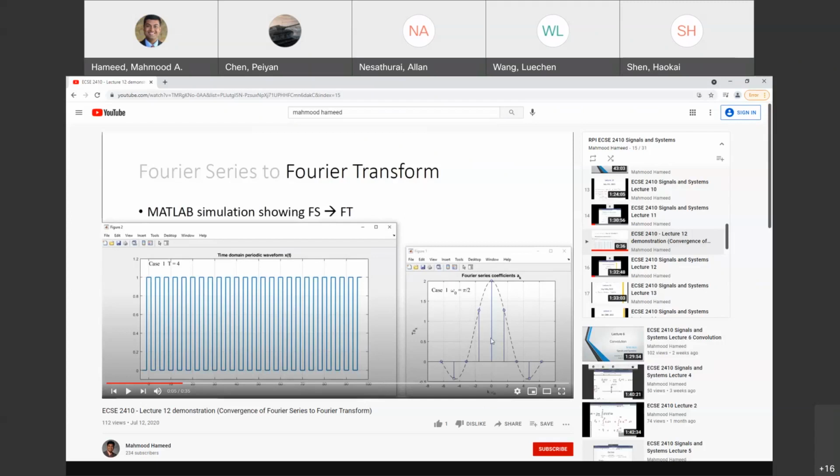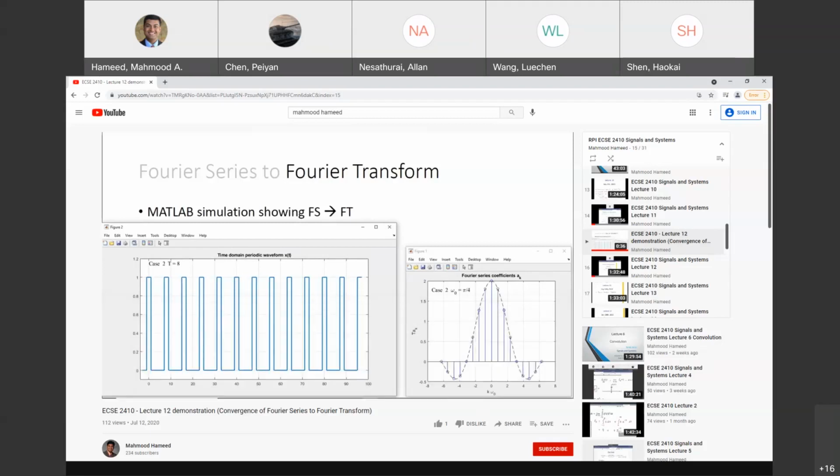So with T equals 4 and omega naught equals pi over 2, that's going to be the difference between each sample, right? Pi over 2, pi over 2, pi over 2, and so on. Now, imagine that this time period is increasing from 4, 8, 16, 32, 128, all the way to infinity. What is going to happen to your rectangle? And consequently, what is going to happen to your Fourier series coefficients? Let's take a look. If I go one step ahead,